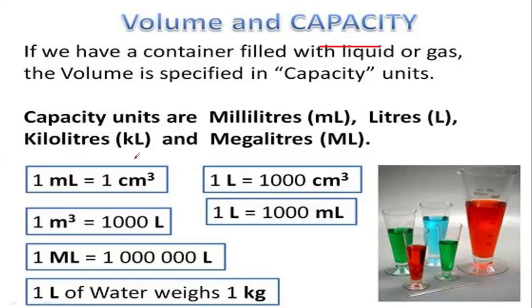So the units that you use to measure volume, we said those are cubic meters. But this cubic meter can actually be changed into other units. So I've written conversion factors here. I was saying 1 milliliter is equal to 1 centimeter cubed, and 1 liter is equal to 1,000 cubic centimeters. It's very important to know this conversion factor and that conversion factor there,